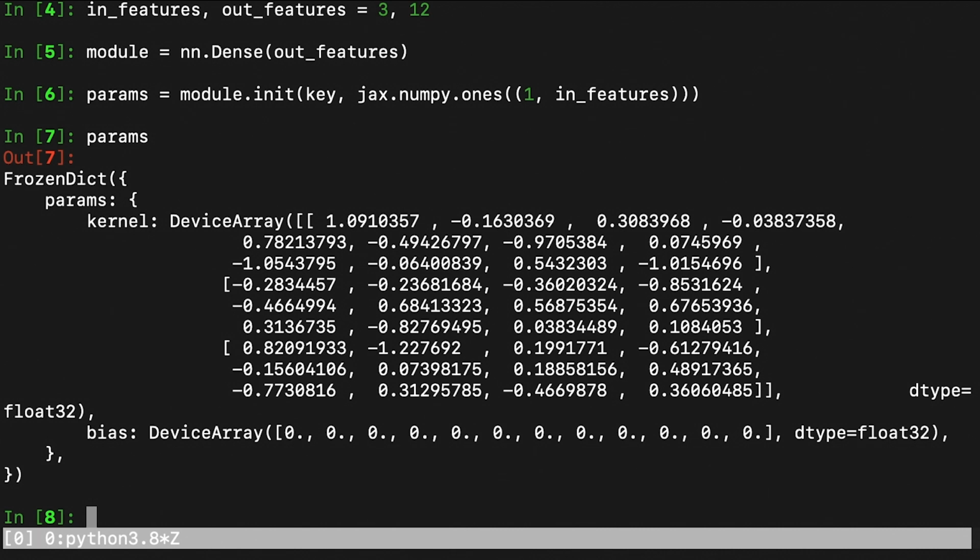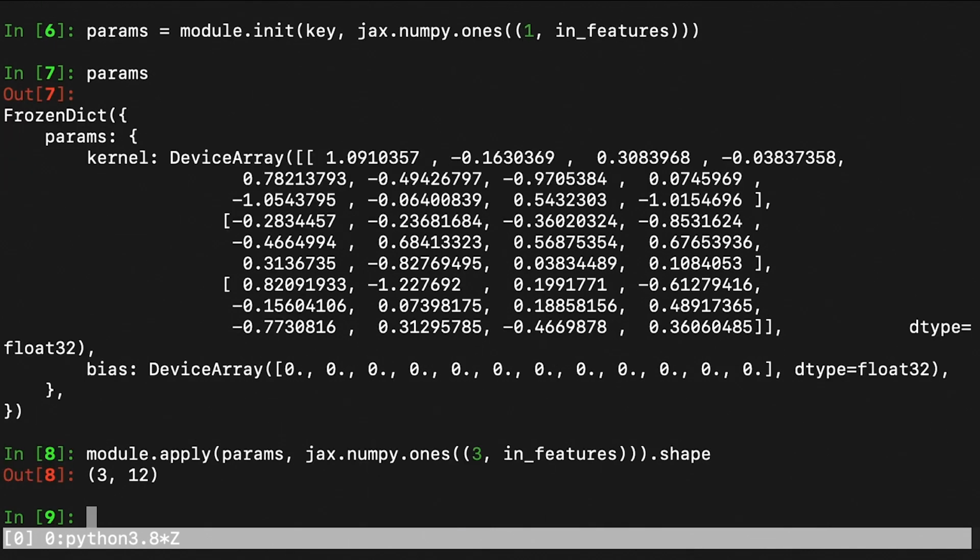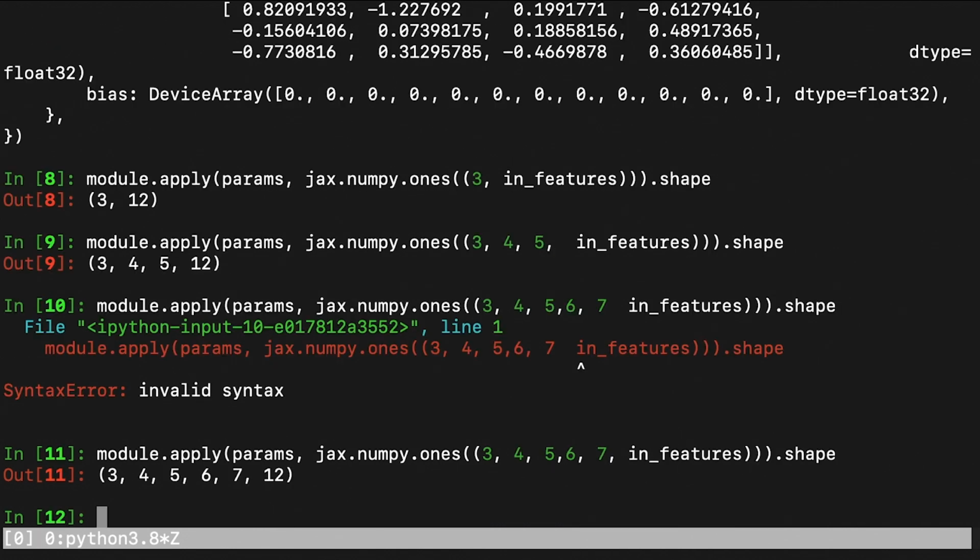What I want to show now is that we can actually keep the trainable parameters the way they are and just add dimensions to our input tensor. So here we provide a two-dimensional array. However, we just changed the number of samples compared to the dummy array, and not surprisingly, Flax was able to deal with it. What I want to show is that you can actually create tensors with arbitrarily many dimensions, and the inference is going to work as long as the last dimension is equal to the input features. So as you can see, we simply iterate through the initial dimensions, and then the dense layer is applied using the last one. By changing the size of the last dimension, we break things.